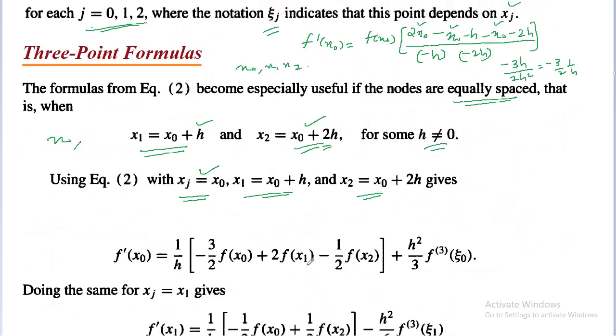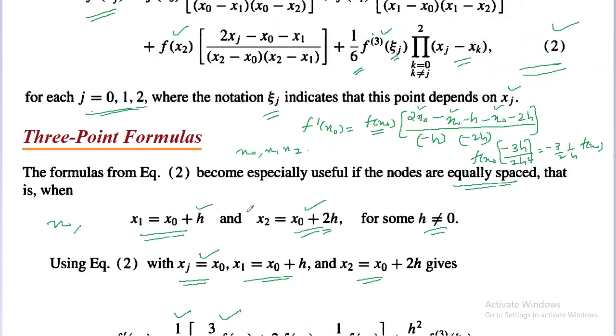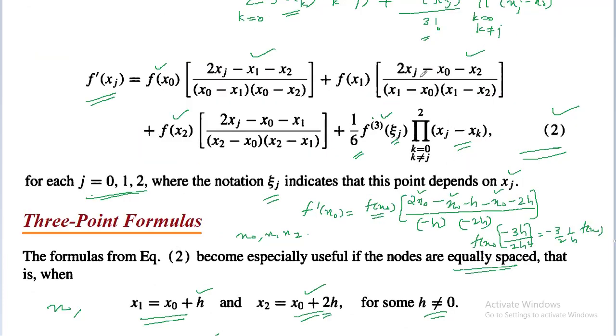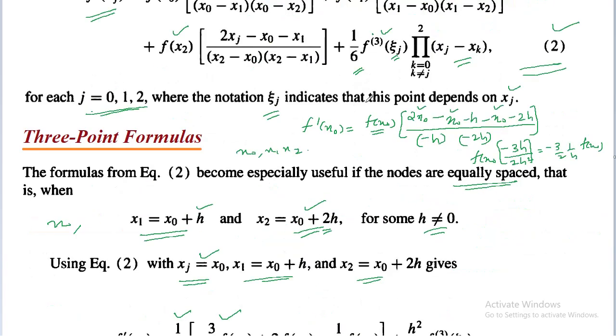So we will get this as 1 by h into minus 3 by 2 into f of x naught, right? That is minus 3 by 2 into 1 by h into f of x naught is here. So this is f of x naught into this. So the first term will be 1 by h into minus 3 by 2 f of x naught. And the second term, in a similar way, we can find the second term f of x1 into